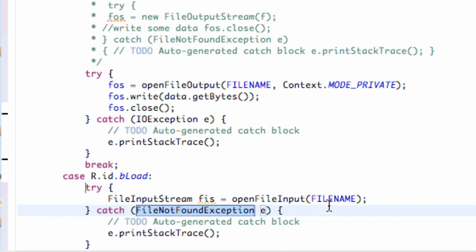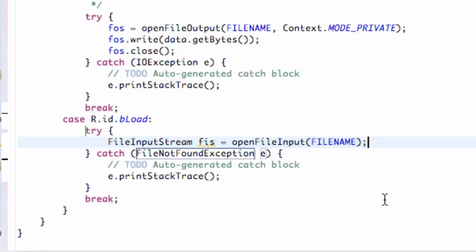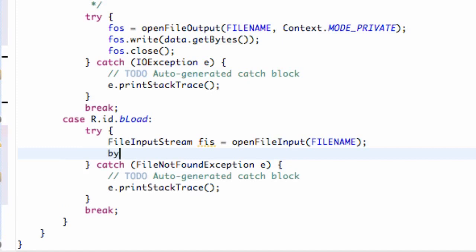And within here, after we open it, we want to set up a byte array. So what we're going to do is we're going to say byte array, which is basically going to read all the data, all the bytes, and all that stuff. So we're just going to say data array, something like that. And what we're going to set this equal to is a new byte,